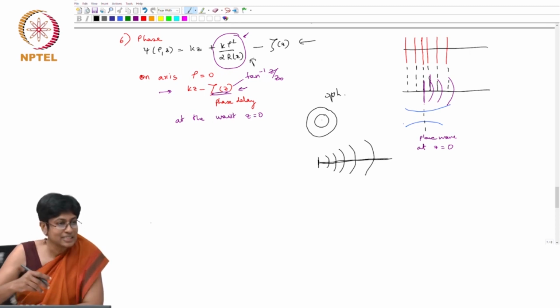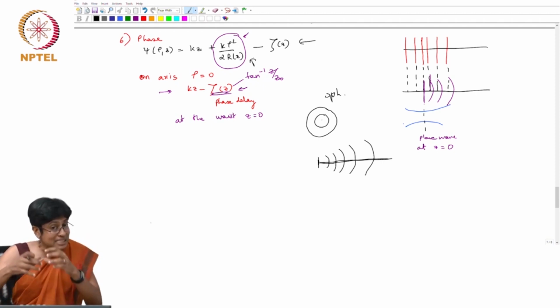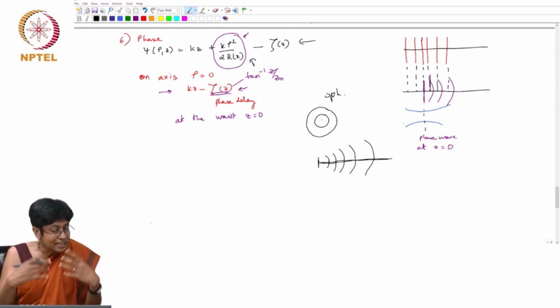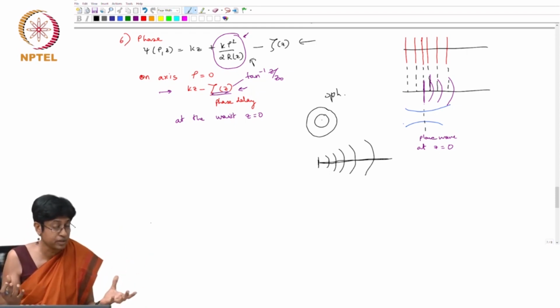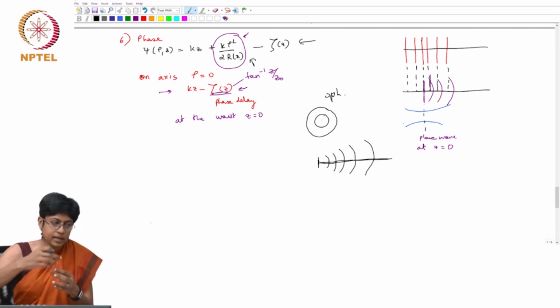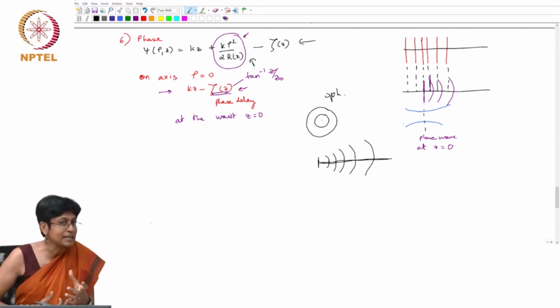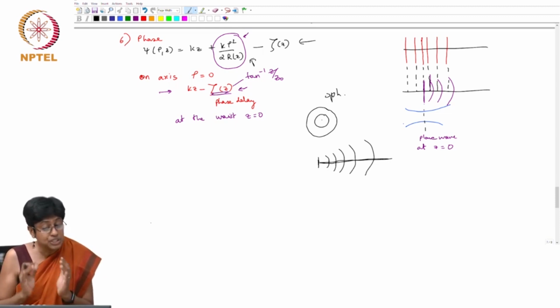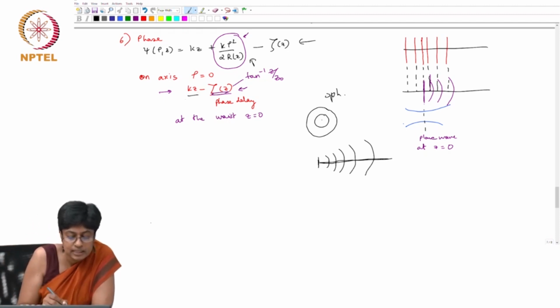This term indicates that the phase change that happens to the beam is slightly different when you go off the axis. And what controls or finally determines the nature or the shape of a wavefront is going to be how the phase changes all through the beam. So what happens at the axis, what happens away from the axis. That combined change is what gives you your resultant wavefront. So right now, just looking at what happens on axis, I can say that on axis, I see that kz is nothing but the phase of a plane wave.